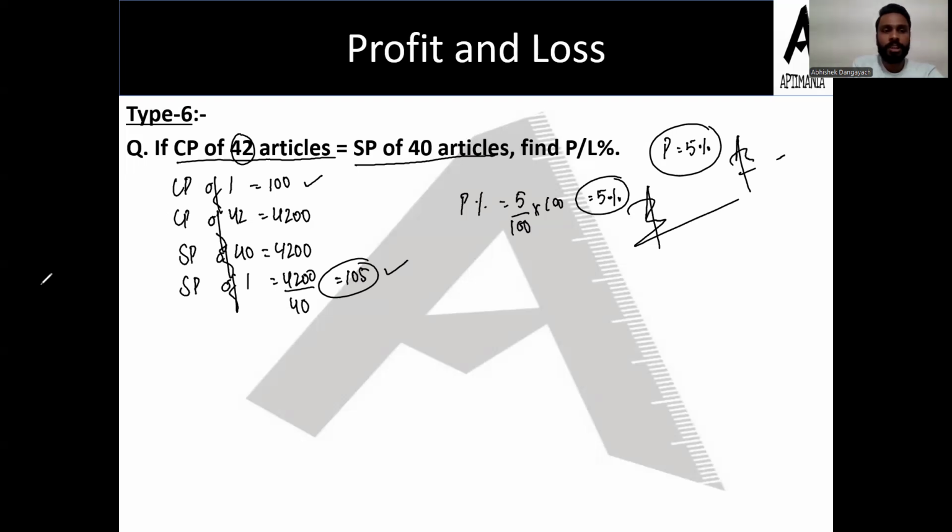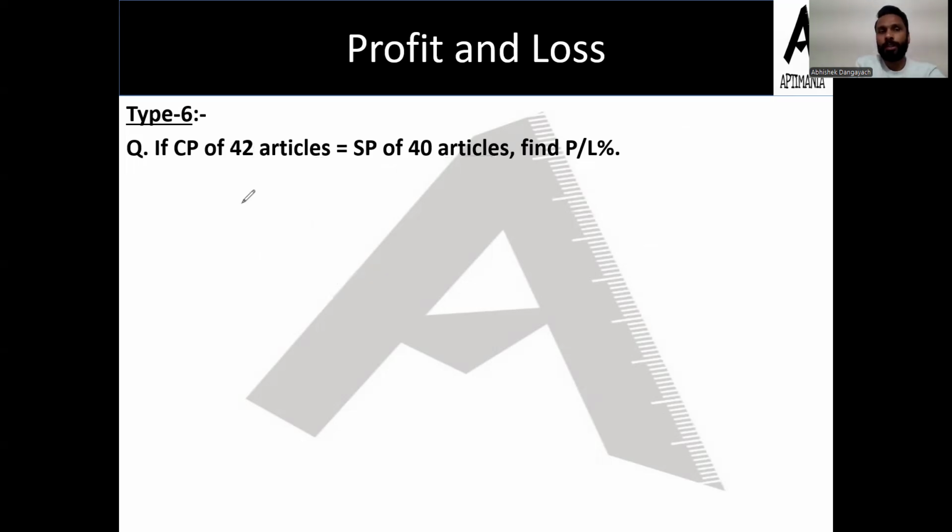Okay, so I hope you must have taken a note or must have taken a screenshot for the same. Going ahead, मैं इसका alternate approach बता देता हूँ. CP of multiply 42 equal to SP of multiply 40. एसपी को उठा के दूसरी साइड ले जाएंगे, डिनोमिनेटर में आएगा। 42 को उठा के दूसरी साइड ले जाएंगे, डिनोमिनेटर में आएगा। मतलब सीपी अपॉन एसपी मेरा बन चुका है अभी 40 अपॉन 42।